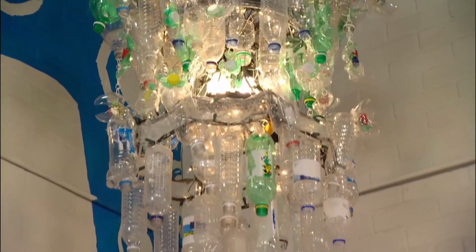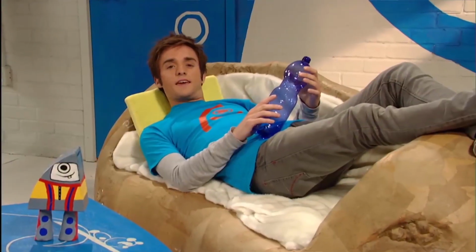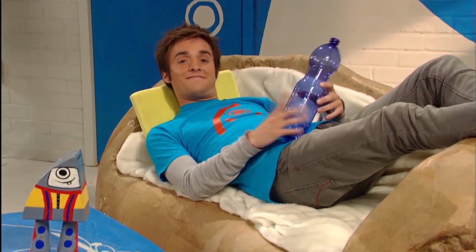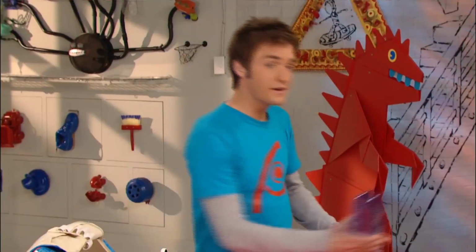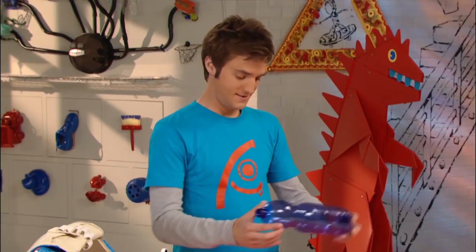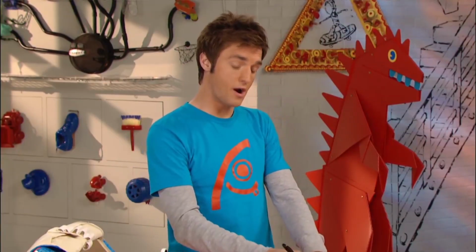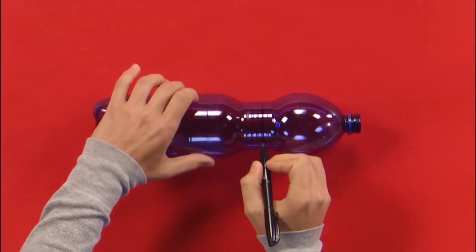I've always found a way to Artzooka them. And I was thinking, it would be pretty cool to turn this guy into a jellyfish. Let's try it. To make my bottle jellyfish, I need to start off with an empty bottle. So, I'll take my empty bottle and I want to create the head. And for the head, I'm just going to take a marker and draw out a line along the top of